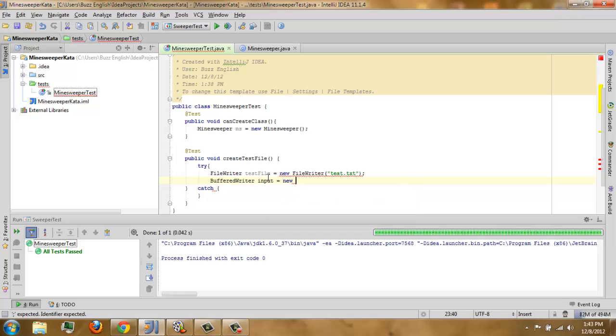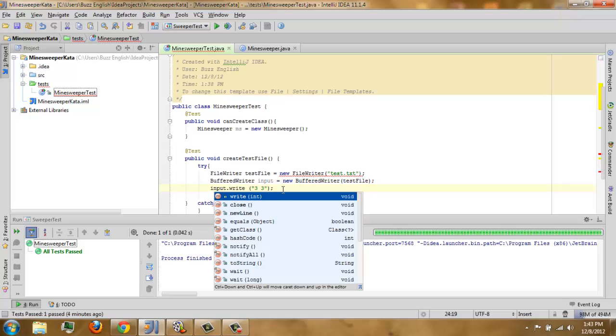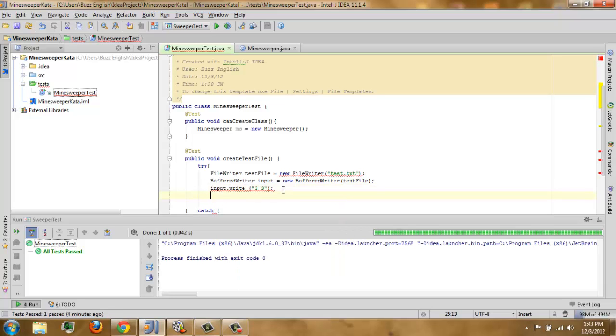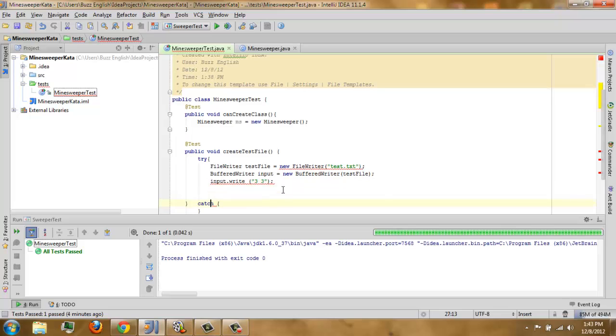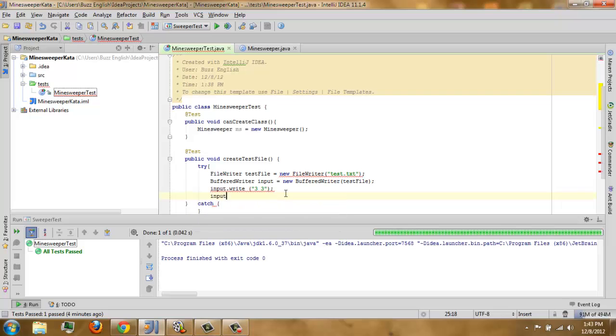It's a new BufferedWriter there and pass our testFile. Next we're going to write our sample input here. And you just use 3x3? Yes, a 3x3, because we have a different approach in writing our Minesweeper kata. We want our test to have all 8 neighbors exist.